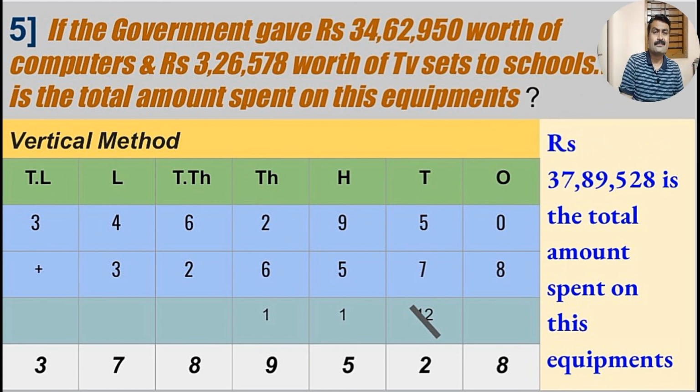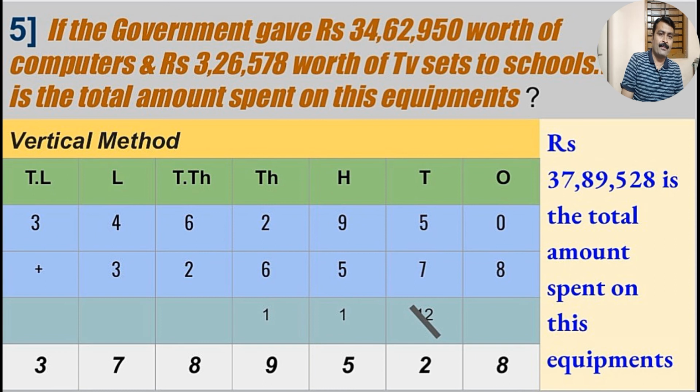Now look at the vertical method. In the vertical method for addition, here I am taking 7 columns. Why am I taking 7 columns? Because the first number given is 7 digits. So the 7 columns are: first ones, second tens, third hundreds, then thousands, ten thousands, lakhs, and the 7th will be ten lakhs. So we have to arrange these two numbers into these columns in the proper way.